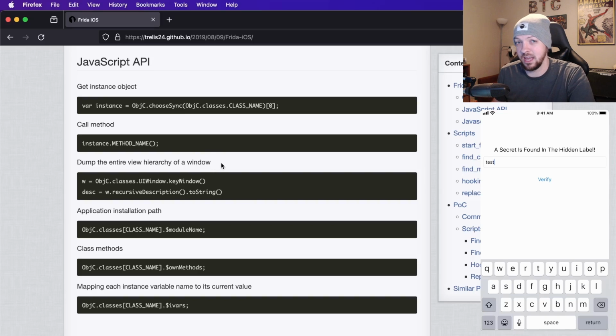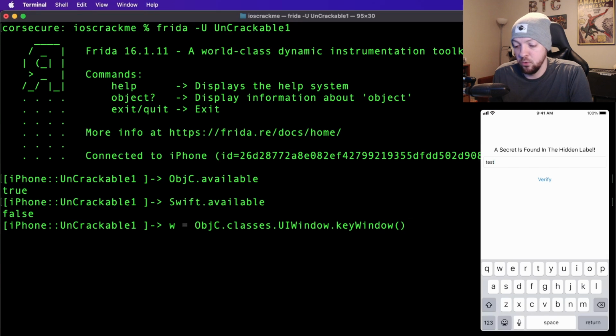Considering that the hint that they gave us in the app was a secret is found in the hidden label, that tells us that there's probably some sort of text somewhere that is hidden from us, and dumping the entire view hierarchy of this window is probably a good place to get started to see if we can find something that isn't visible to us right now. So I'm going to run this command